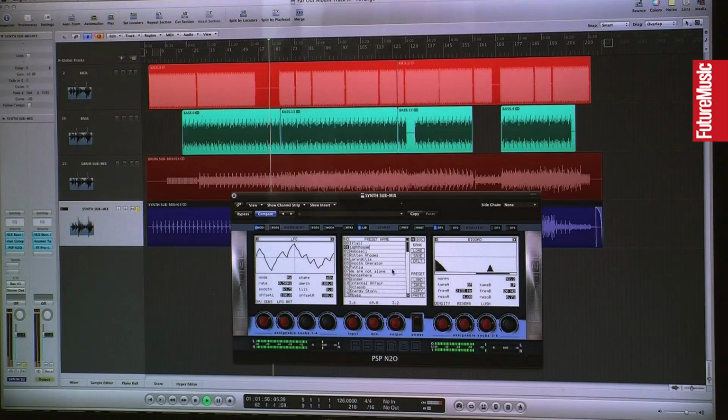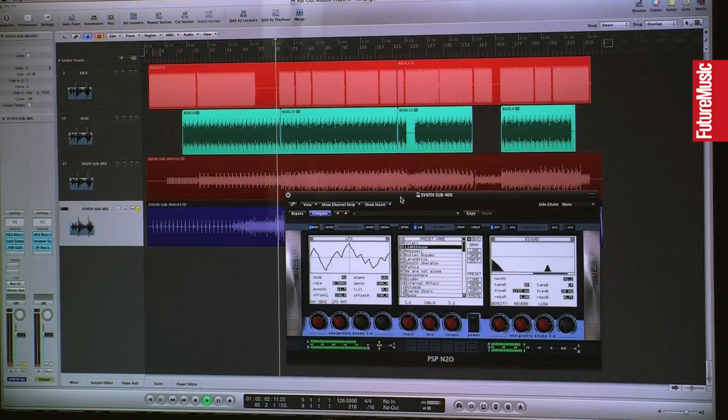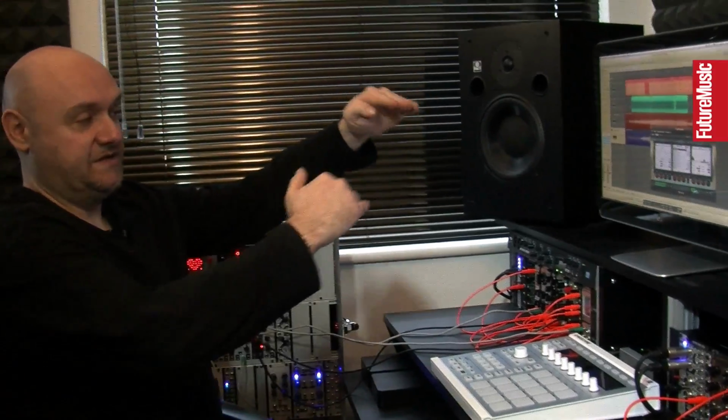Let me find it. There we go. So I'll make it completely wet. And that's the original. And then I'll just mix that into the final mix very much in the background, and it adds like this